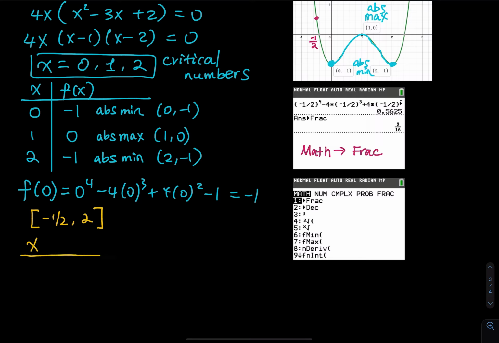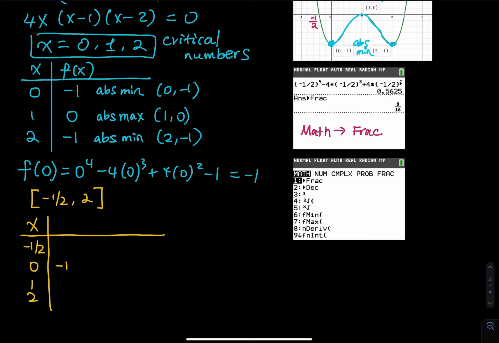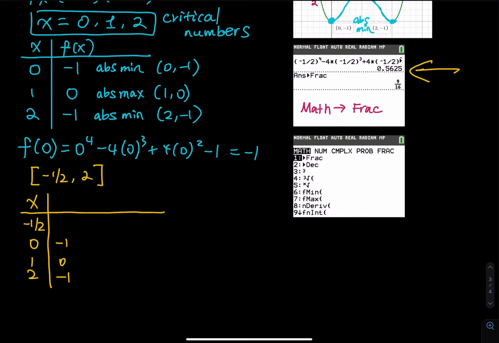So we have x, and you have to test negative 1/2, 0, 1, and 2. The 0, 1, and 2 have no change. This is still negative 1, 0, and negative 1, right? So when x is equal to negative 1/2, can you take a look at this screenshot right over here? All you have to do is plug in f of negative 1/2, right? So f of negative 1/2, you plug it in, and then the answer is equal to